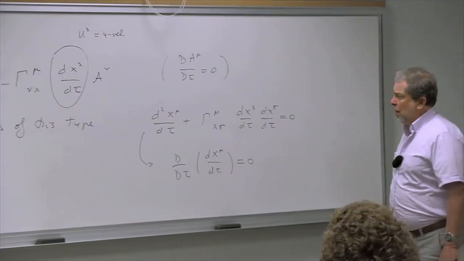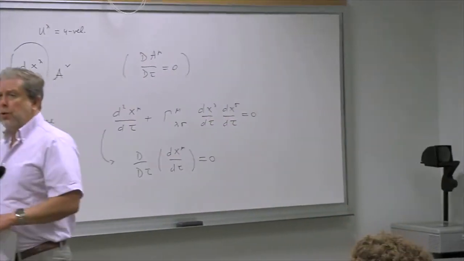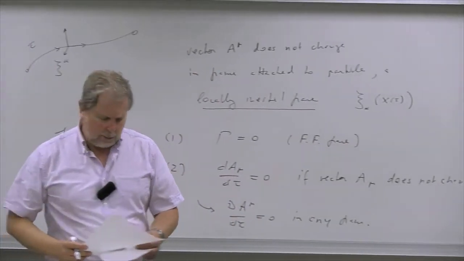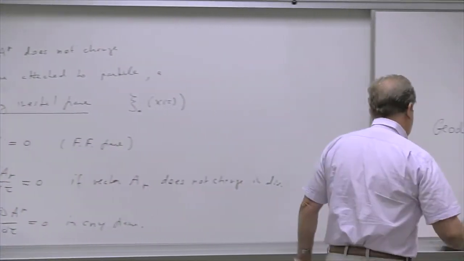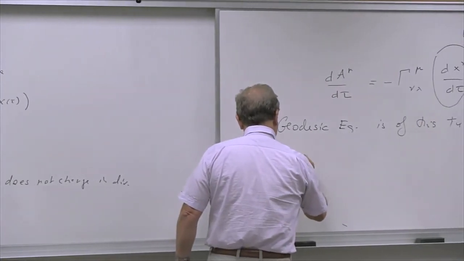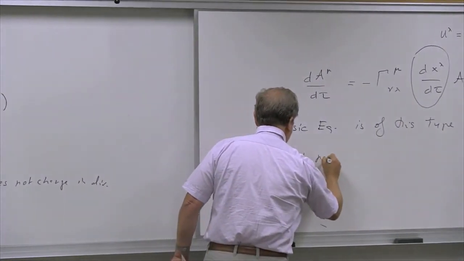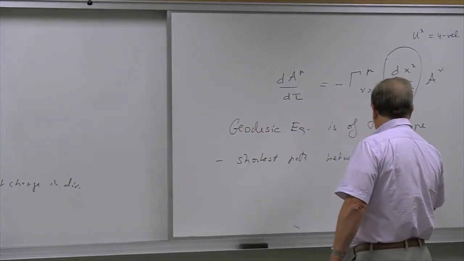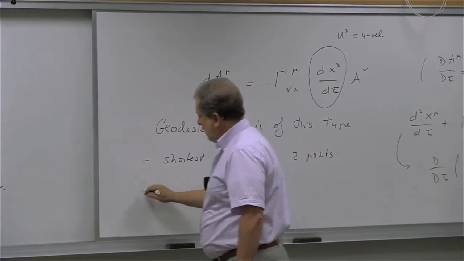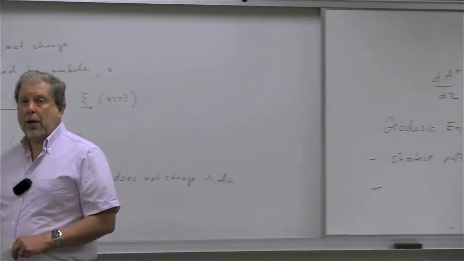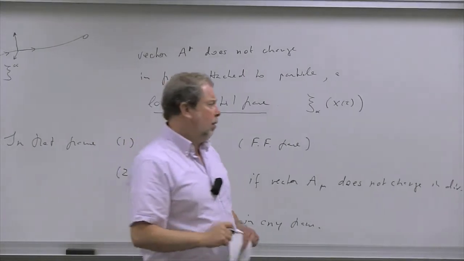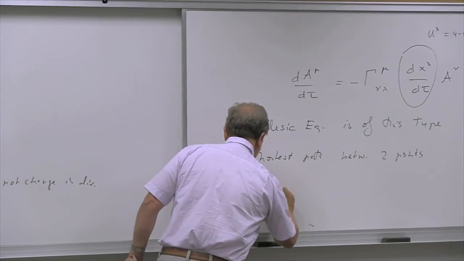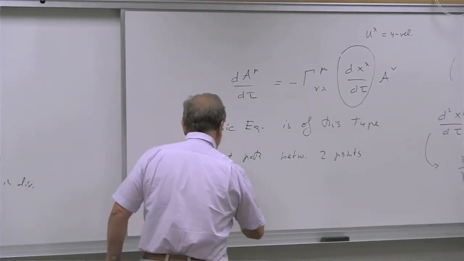So what does that mean? It means that, well, the geodesic equation is the equation of parallel transport. It's equivalent to it, and which means that the geodesic is the shortest path between 2 points, right? That we learned a week ago, right? Because the variation of a proper time was 0. And it's the shortest path, but it's also the straightest path. Straightest path